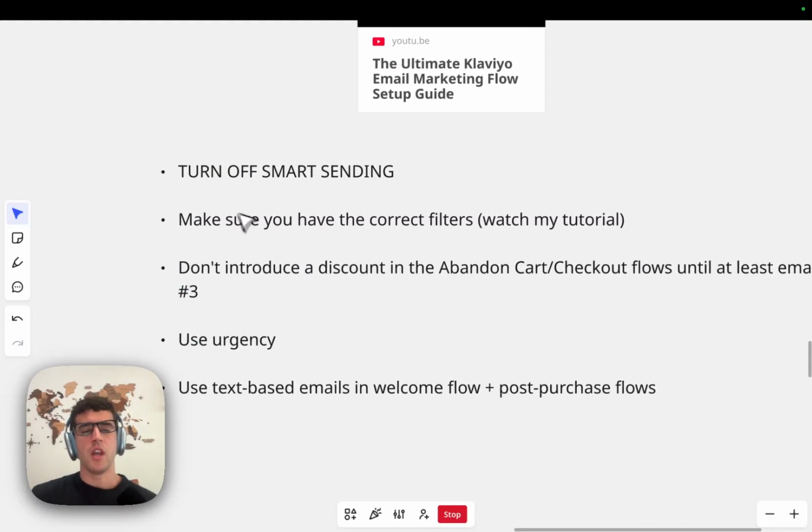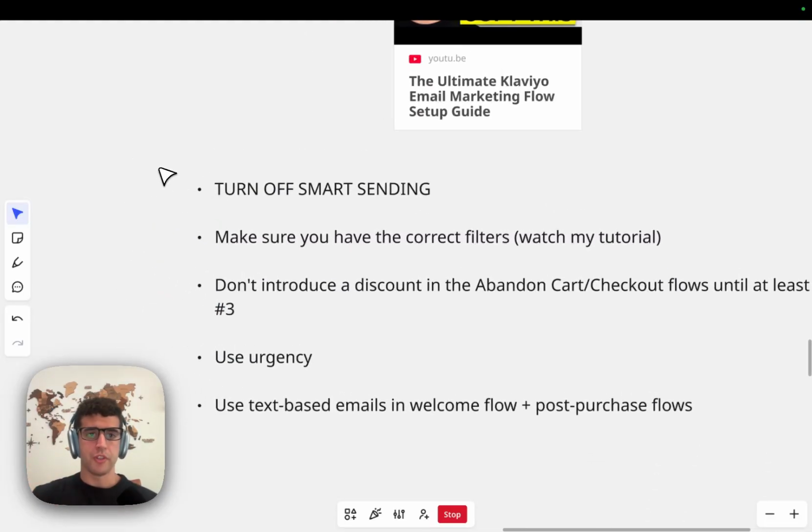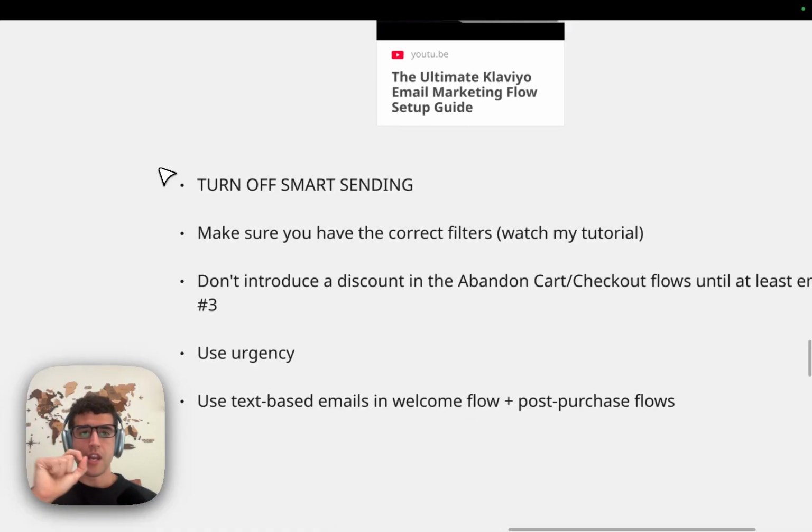Here are some different things to keep in mind when it comes to your flows, okay? First things first, never use smart sending, okay? Smart sending, when you're in Klaviyo and you click on a little node in the email, it'll have that little icon. It's like an email box with like a check through it, right? On the very bottom left corner of the node. Turn that off. I've literally seen that destroy accounts, okay? If you're an account that's sending a lot of campaigns, even if you're not, you should turn it off. But especially if you're sending upwards of 2 to 3 campaigns per week, you need to turn that off,